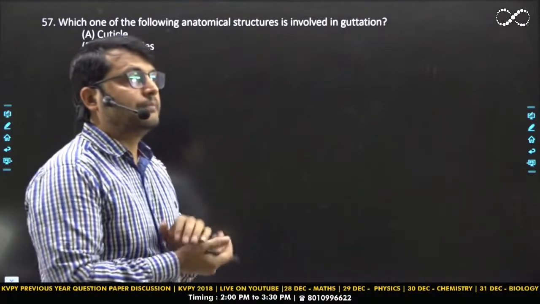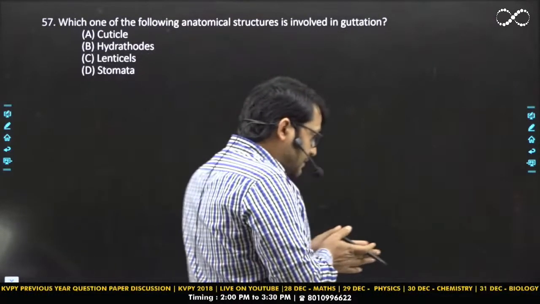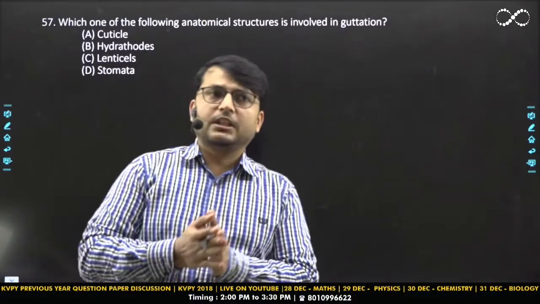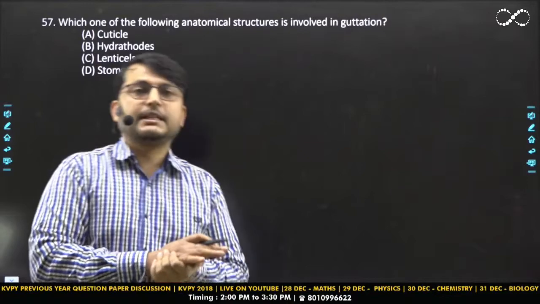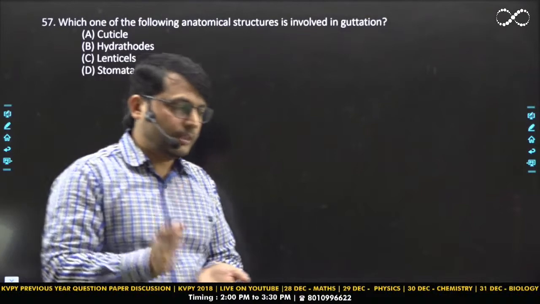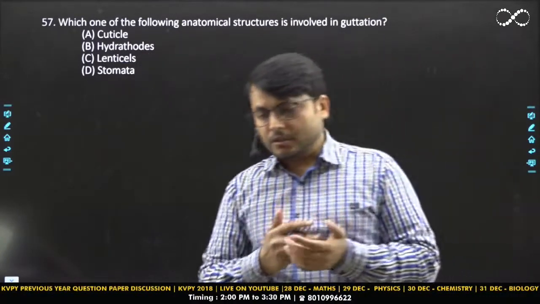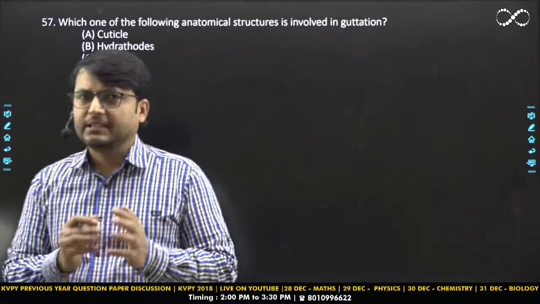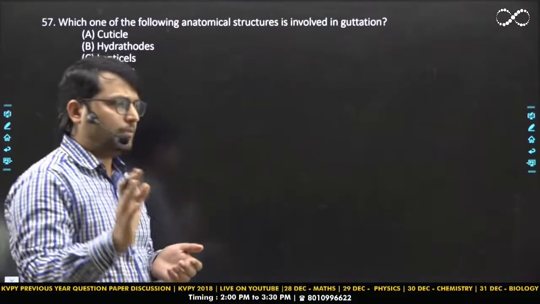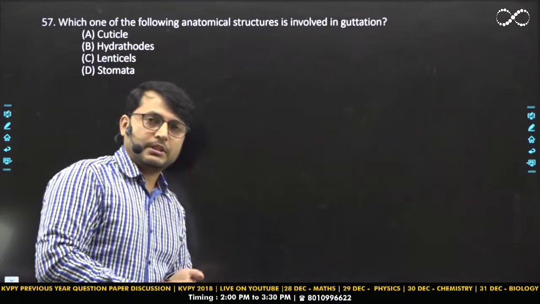This question says, okay. Akhil is asking, are there only 3 organs? No, Akhil, there are others as well. In early embryonic condition, even the placenta is the site of hemopoiesis, okay? But that was not in the options, so I have not elaborated on that. And mostly this embryogenesis is something which has never been asked in KVPY, so it is not in your syllabus. That's why I'm not talking about that, okay? But apart from these 3, there are other hemopoietic organs as well.